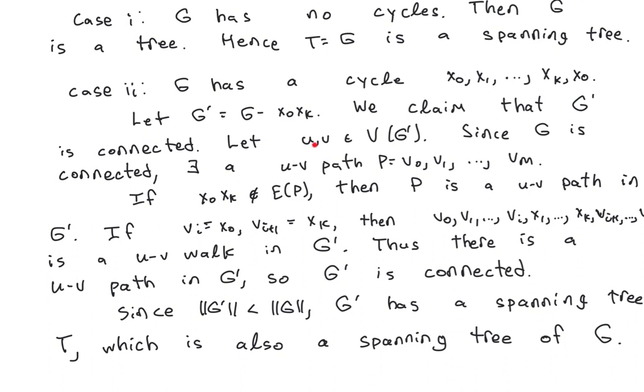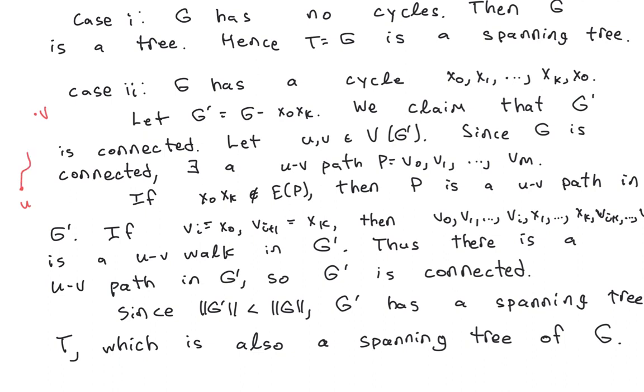So let u and v be arbitrary vertices in the smaller graph. Since our original graph was connected, we know that in our original graph there is a uv path. So a path from u to v. So v0 here is u and vm is v. If the edge we deleted is not on the path, then this path is a uv path in our smaller graph. So this tells us our only concern